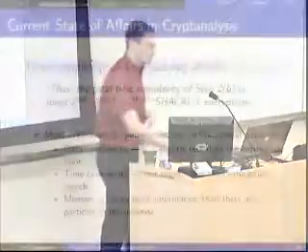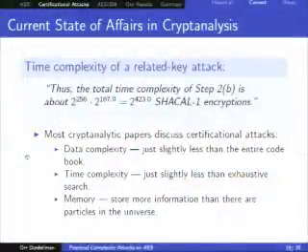So, as you can see, slowly we became from a field of people doing practical stuff to a field of people who do the following crazy things. And this is a quote from one of my papers. Don't take the CV too seriously. So, the total time complexity of a related key attack, step 2b, which was the dominating part of the attack, is 2 to the 423 SHA-1 encryptions.